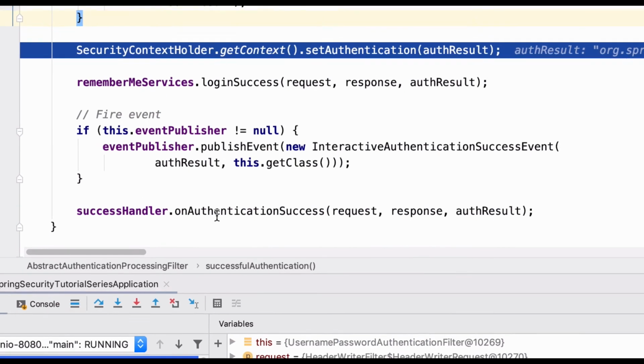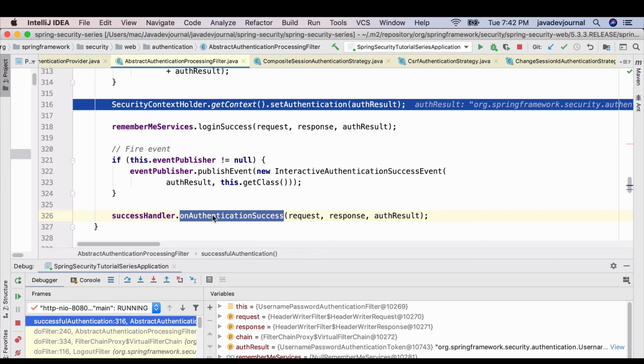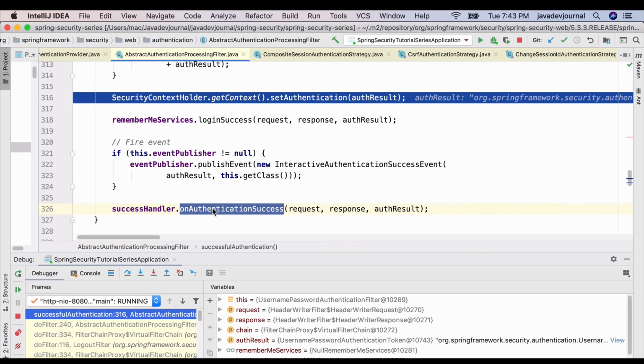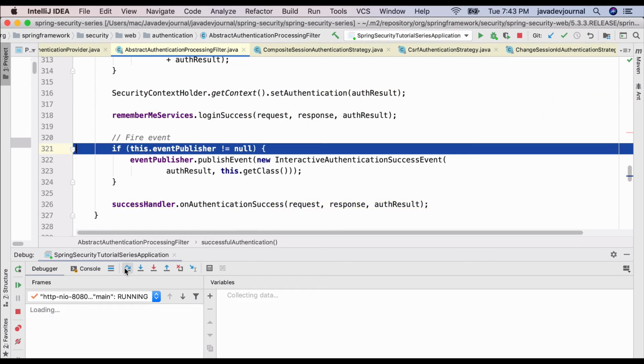Okay, the last step I was talking about is the authentication success handler. So these are the success handlers. I will be talking about that in the next lesson, but the idea behind the success handlers is that after a successful login, you want to do a few steps. For example, you want to redirect the user to a specific landing page based upon their profile. So you can do those kinds of things in the success handlers, or you want to pre-perform certain things. For example, you want to set the session currency, customer profile, customer language, or country. You can do those in the success handlers.